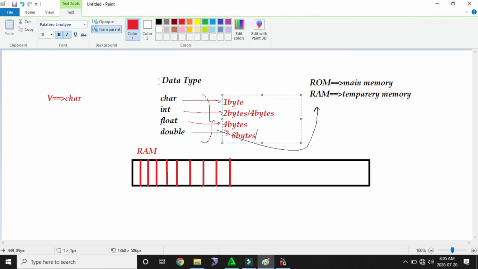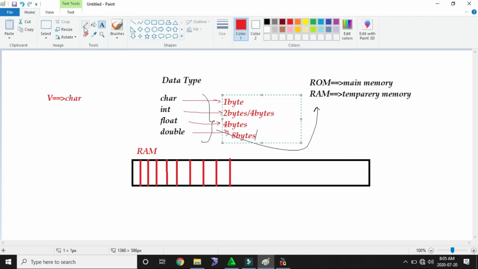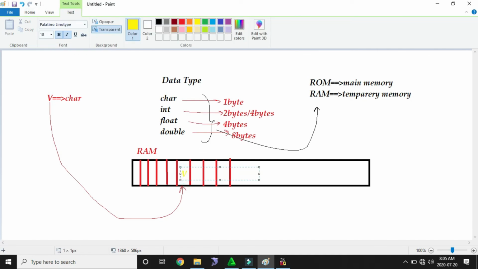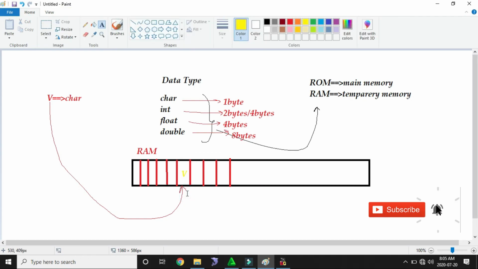For example, here I am providing the input V. This V will be stored in some area. Here I am storing the value. V is my value. Once we store a value, for identifying that value, we require a name for it.